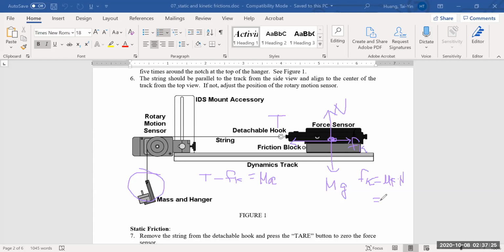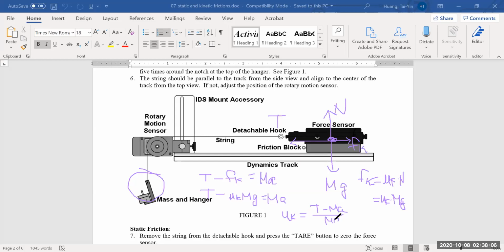And your normal force in this case is capital Mg. So we're going to replace Fk with this expression. So we have the tension minus mu K times capital M times G, that is equal to Ma. And our goal is to find mu K. So move this to the right side and move this to the left side. So altogether, you'll get your mu K, that is equal to tension minus capital Ma, and then over capital M,